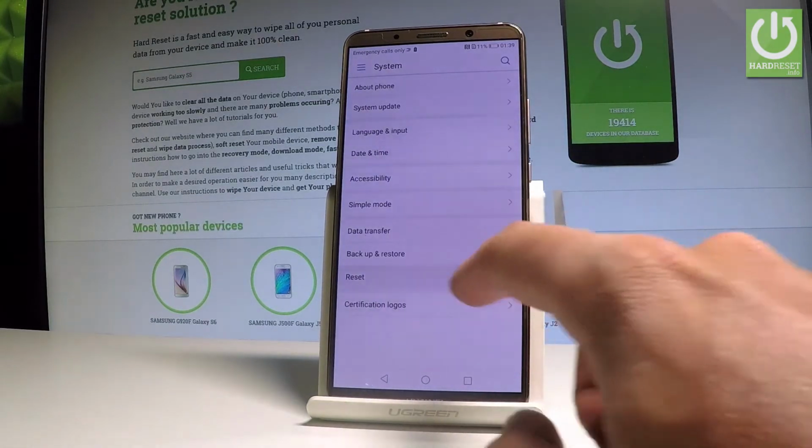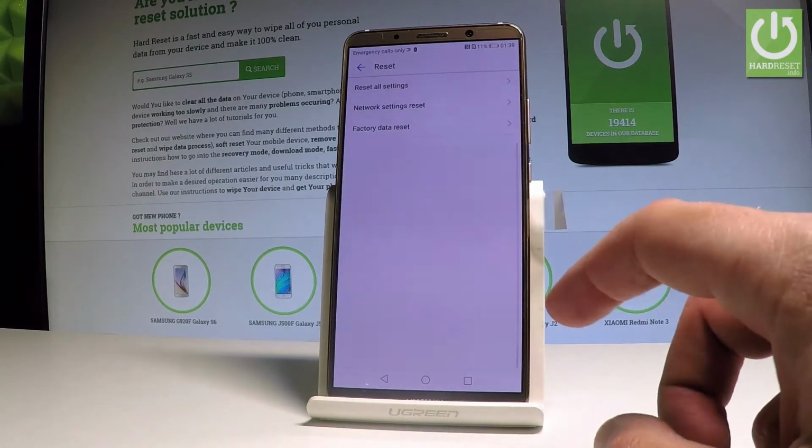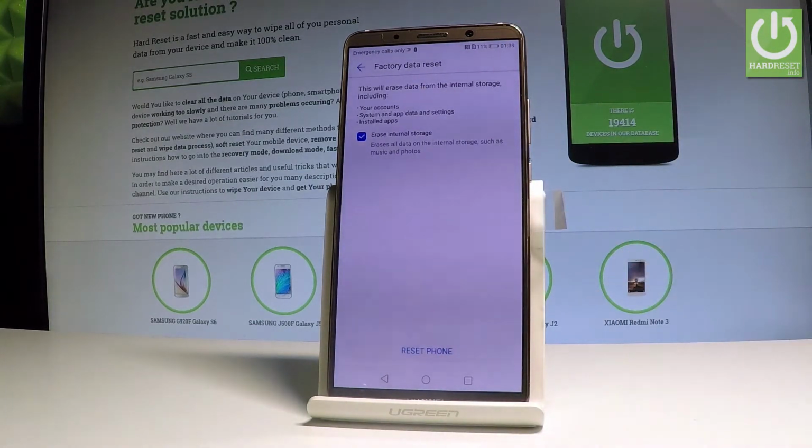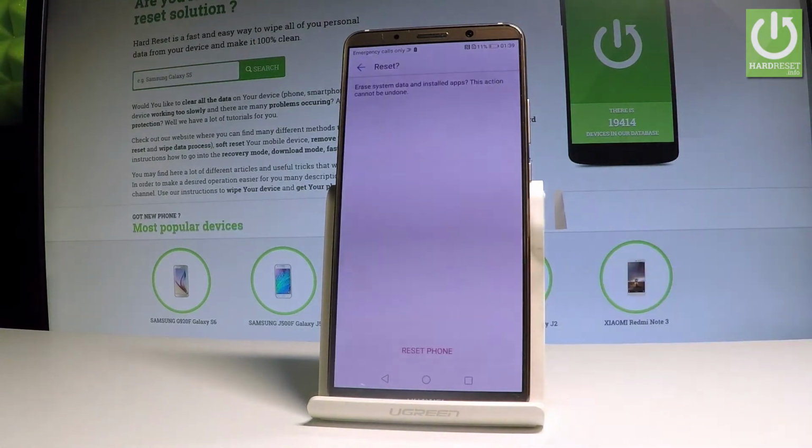Then you have to choose reset. So here you've got three options. Let's choose factory data reset. Read the instructions and read the information about the restoring operation and choose reset phone. If you are sure that you want to erase all system data and installed apps, let's simply choose reset phone